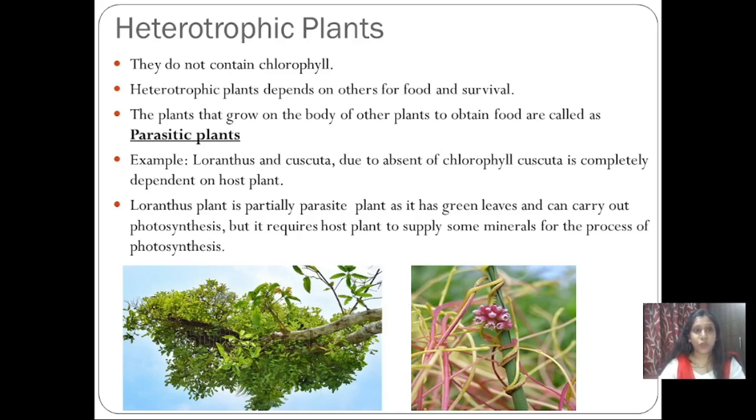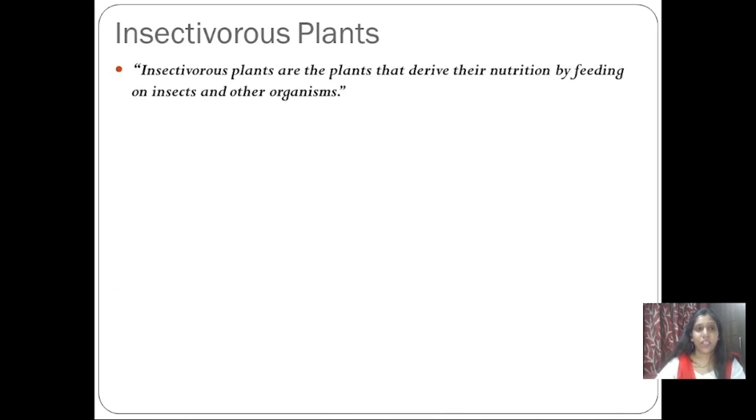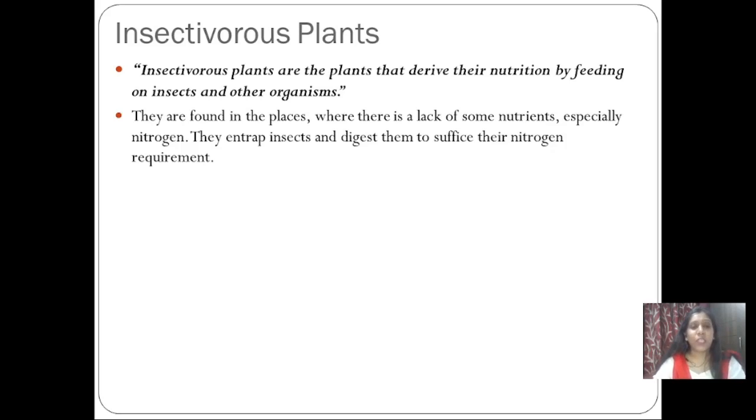So let us move to the next type of plant, insectivorous. The definition itself explains this plant. Insectivorous plants are the plants that derive their nutrition by feeding on insects and other organisms. So these plants eat insects which come close to them, and that's how they get their nutrition or their food. Now these plants are found in places where some nutrients are lacking,